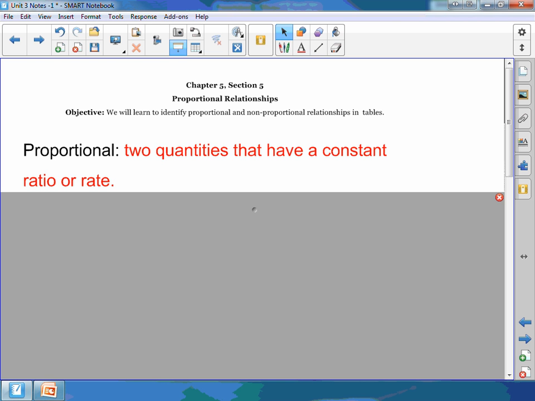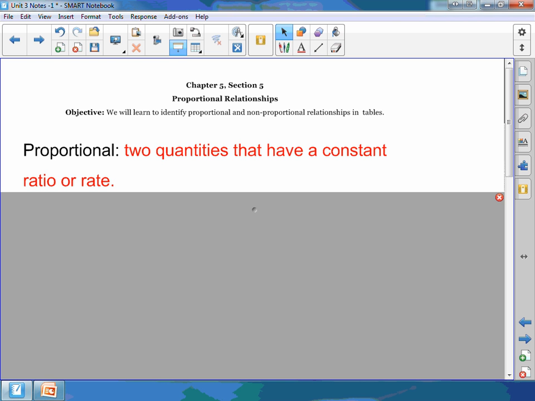Let me float out a very basic example. Let's say you're walking on a treadmill at a rate of 3 miles per hour. Maybe you didn't follow a diet very well over the break, and you're going to be walking for a long time. You want to burn some calories. If you're following that consistent rate, you walk 3 miles in 1 hour. How many miles do you walk in 2 hours?